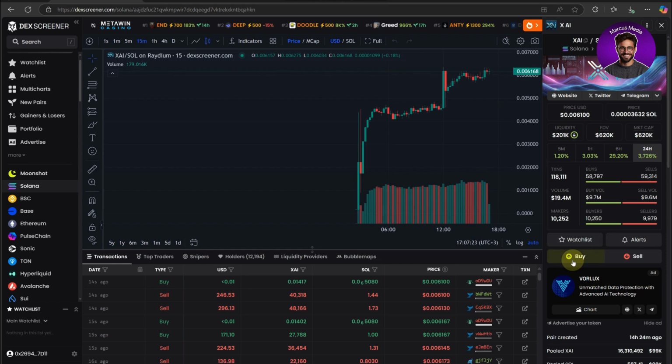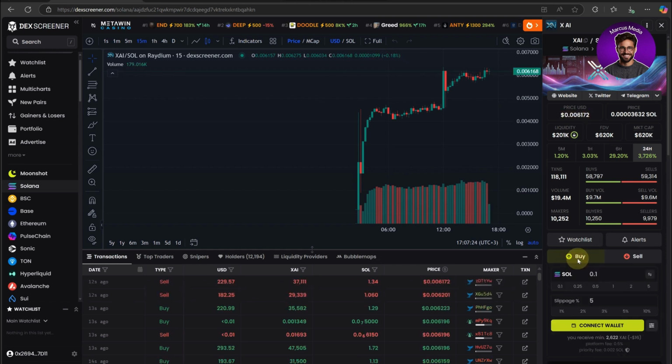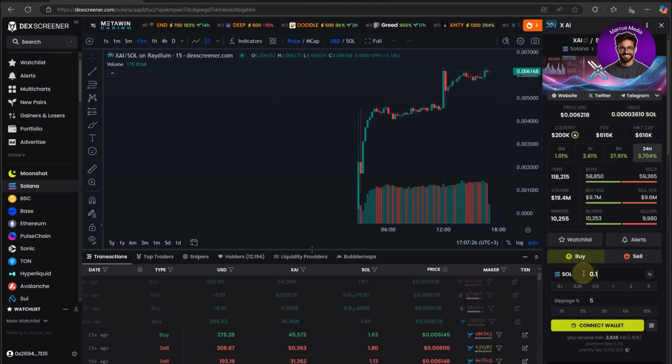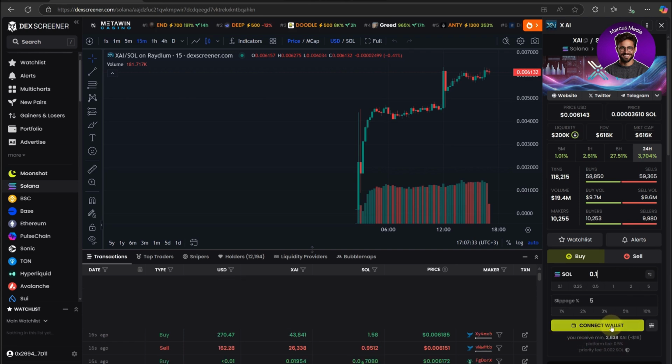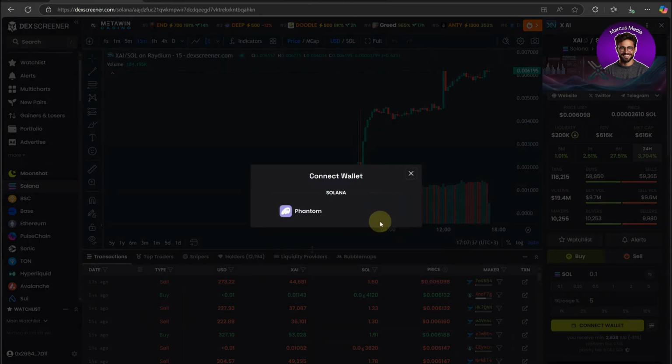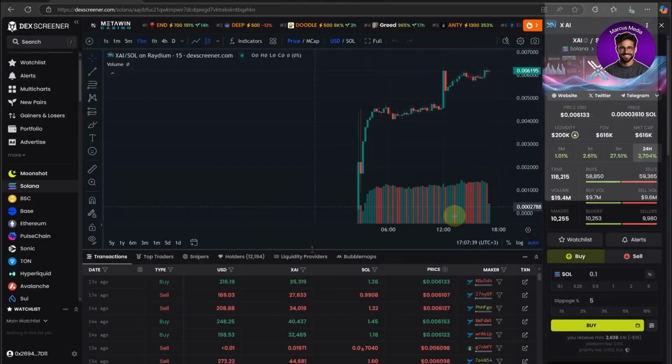And then here on the right, once you are logged in and once you have some Solana on your account, what you can do is press buy over here, and as you can see, you'll be able to see how much Solana you would like to buy these coins with. And then if you don't have a wallet connected yet, you will have to of course click connect a wallet over here. So you're going to have to install one,